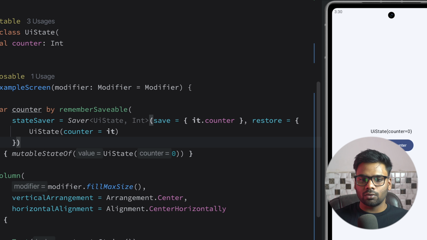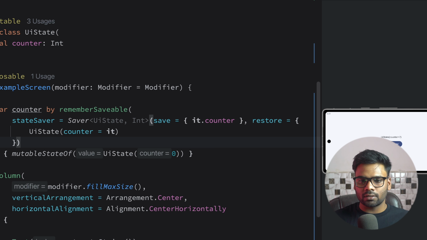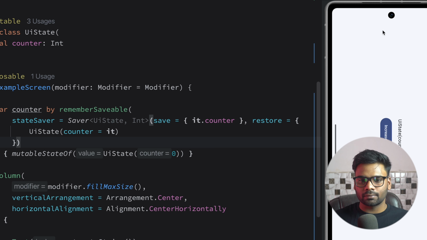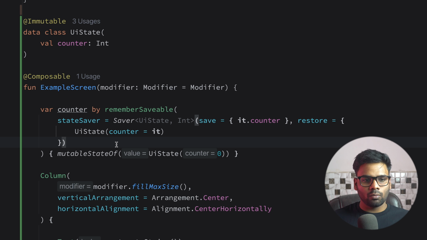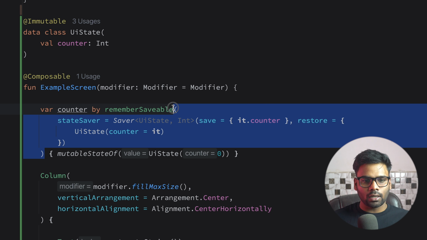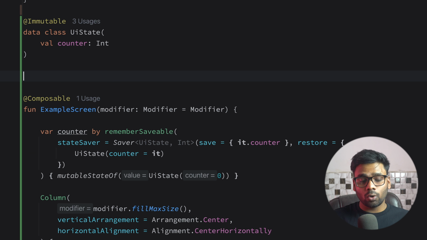UiState counter value is 0. Increase the counter, you can see 7, and now when I change the orientation, still it's 7. That means it works. Now if you want to create a data object or data class to hold this state,